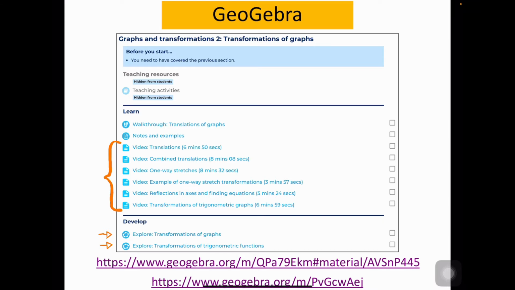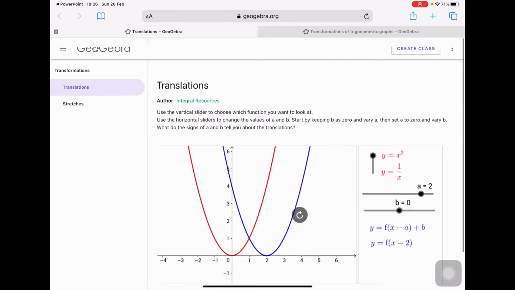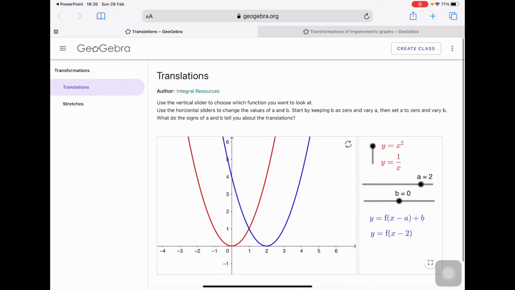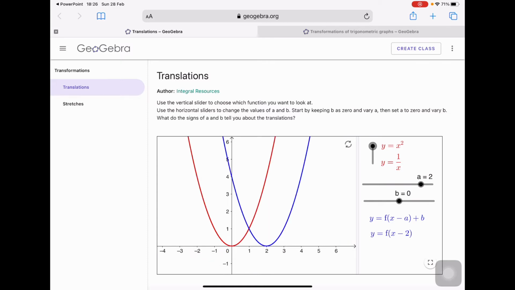Now let's start looking at these links. So I'll start off with this one here. So there are two options. Okay, let me click on this. Yeah, now it works. So there are two options: quadratic functions or reciprocal functions. So let's start off with a quadratic. I'm not going to spend too much time on this because I think it might get quite repetitive, but if you adjust the a value,